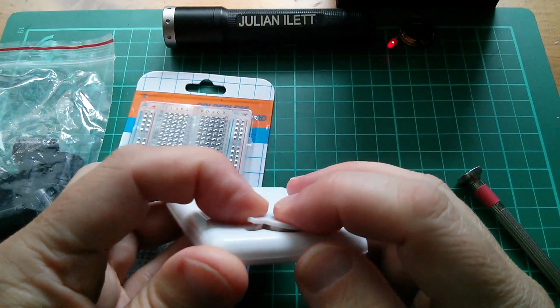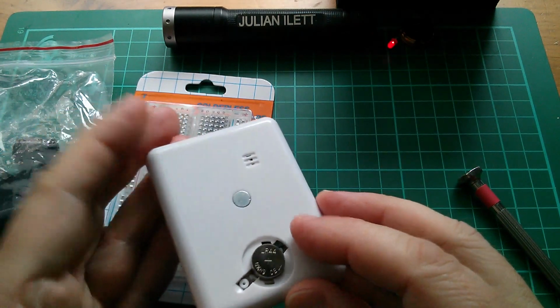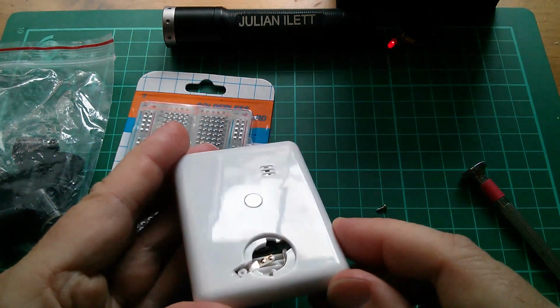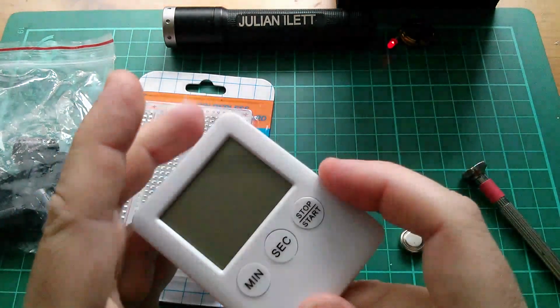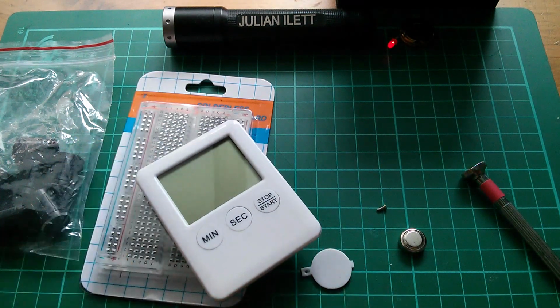This really doesn't fit at all well, which makes me think it probably isn't an LR44. It's one of those thinner ones, isn't it? Like an AG12 or an AG10. I think I'm going to have to look at the listing if I can find it. I think this is quite old. To see what battery that takes. There wasn't... Oh,